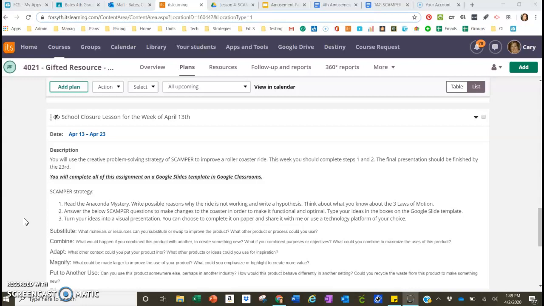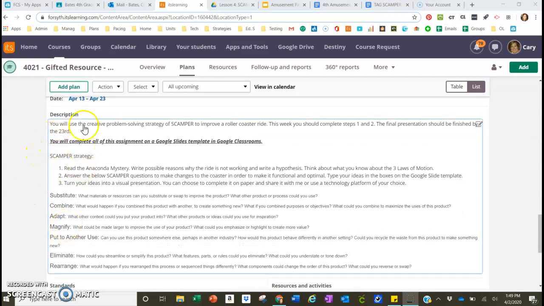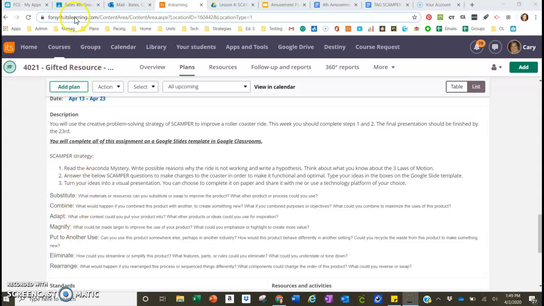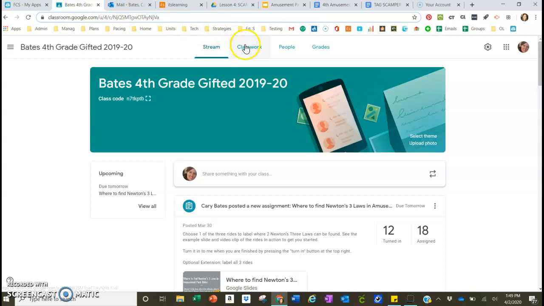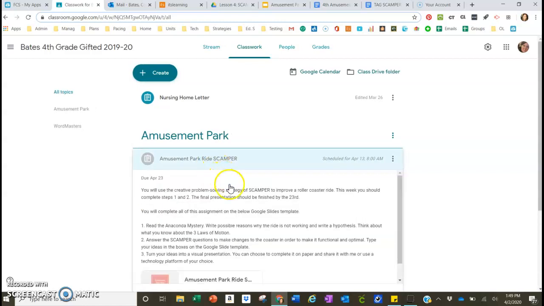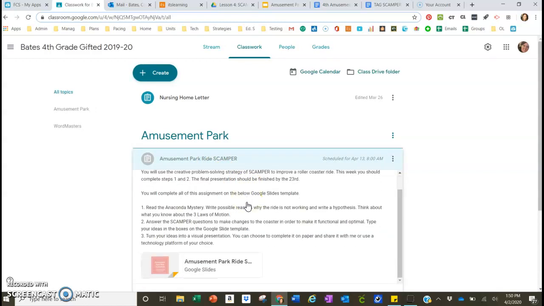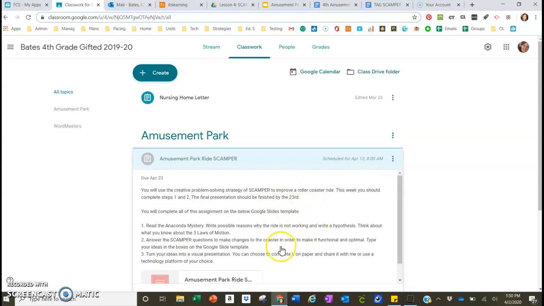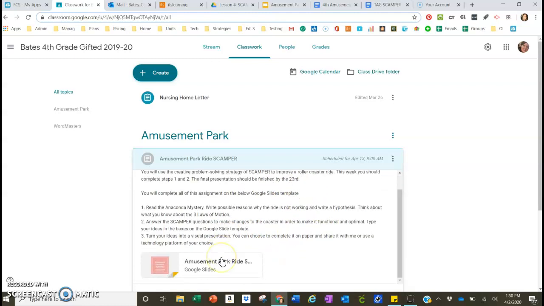You are going to be using a creative problem solving strategy called Scamper to improve a roller coaster ride. So you'll see the basic activities in It's Learning, but I want you to hop into Google Classroom and find the assignment under the Classwork tab called Amusement Park Ride Scamper. You're going to click on that, and this will give you all of the information that you need to